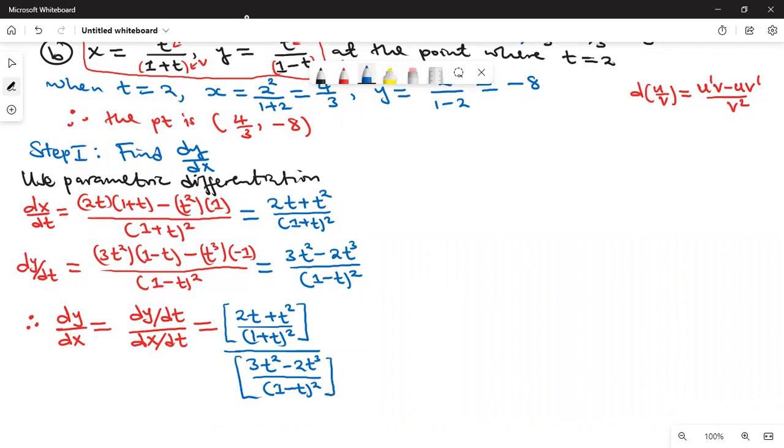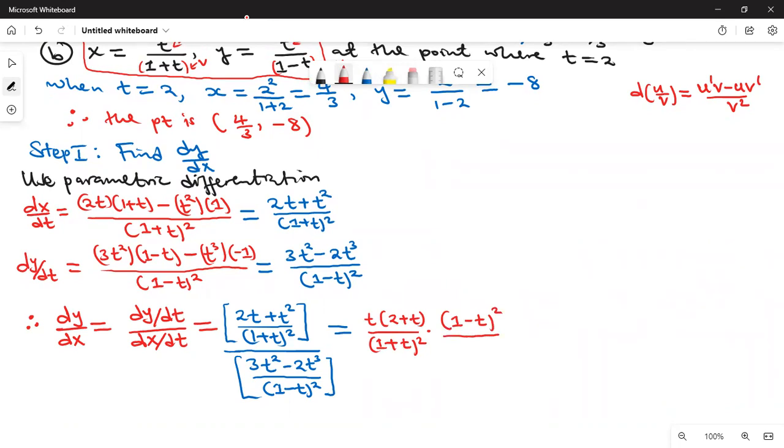Are we able to rewrite this? Yes, this is the same as writing, of course, you see, we will have (t times 2 plus t) over (1 plus t), and this is squared, times the reciprocal of the denominator, that is 1 minus t squared over,